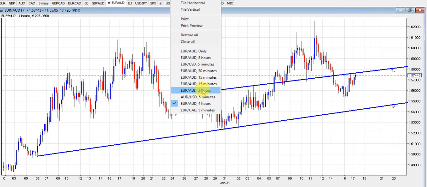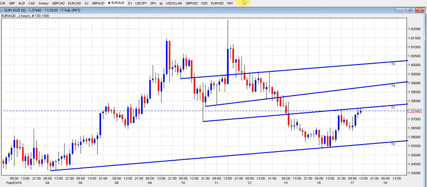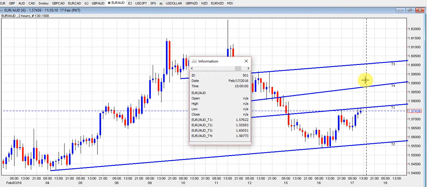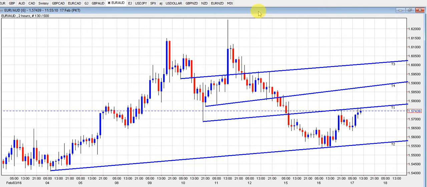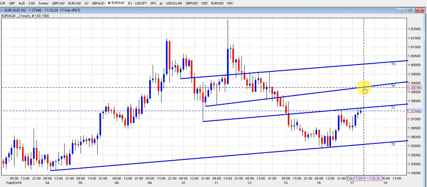Probably 2 hours can show a better glimpse. Actually, I've done it. Yeah, actually 58.70. I'll go with a 2 hours and a 4 hours instead of an 8 hours. So both of them are talking about 58.77. So yeah, we can do roughly about 110, 115 pips on the higher side from here, which means we come